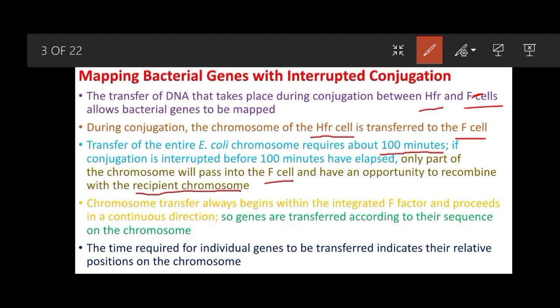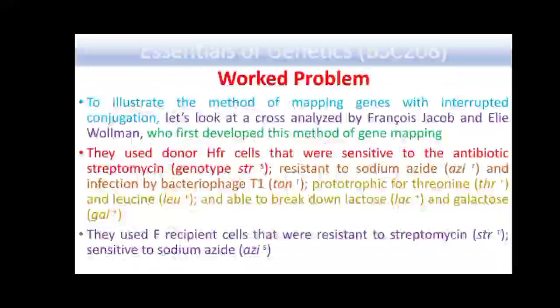The chromosome transfer always begins within the integrated F factor and proceeds in a continuous direction. Genes are transferred according to their sequence on the chromosome, and the time required for individual genes to be transferred indicates their relative position on the chromosome. In this way we can map the genes. Now we will look at a problem,